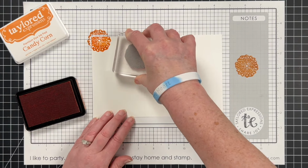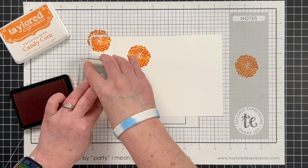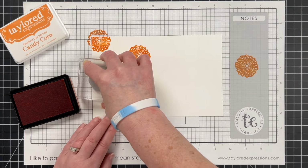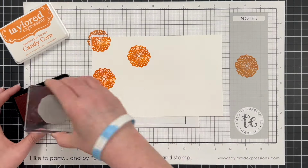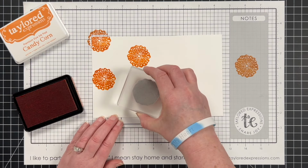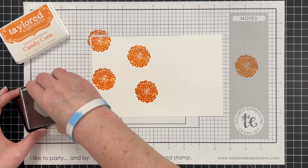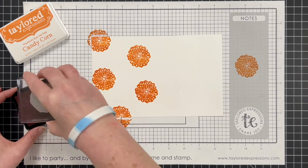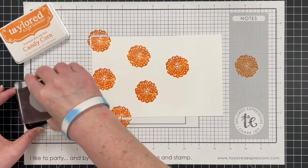So you'll see here I've made that first triangle with 3 flowers. And then when I continue to fill in the piece of cardstock, I just keep making triangles. So for the 4th one, I put it in between the 2nd and 3rd one, trying to leave about the same amount of white space between them. I continue stamping until the half sheet of cardstock is filled with the candy corn flowers,